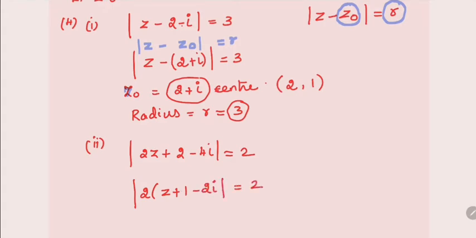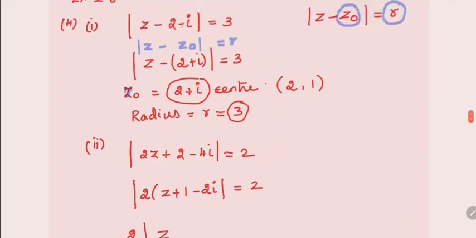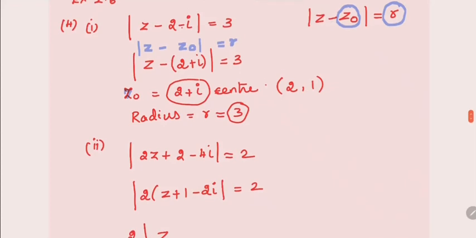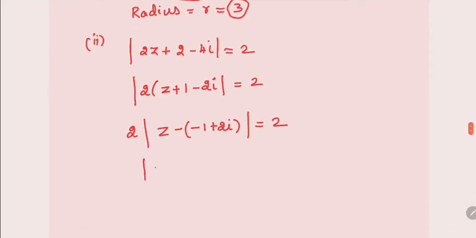It's a real number 2, so the modulus of 2 is nothing but 2. I'll take it out. Modulus of z I have taken, but in the formula, in between you will have minus, so minus has to be written. If I take minus out, this plus 1 will become minus 1, and from minus 2i, if you take minus out, it is plus 2i. So that is equal to 2. This real number we can take to the other side, so |z - (-1 + 2i)| = 2/2, that is equal to 1.